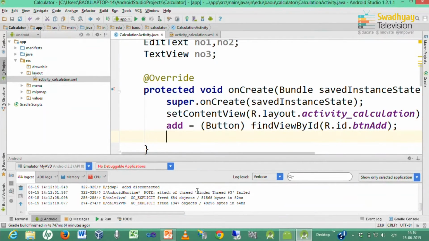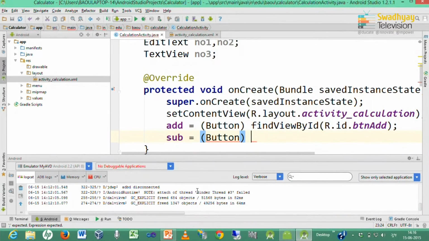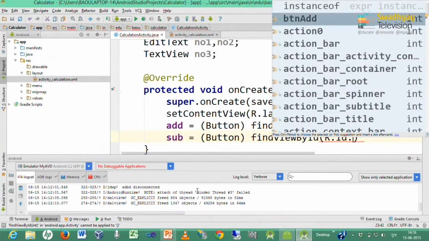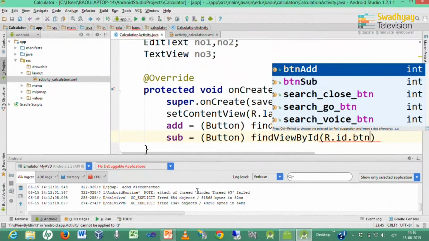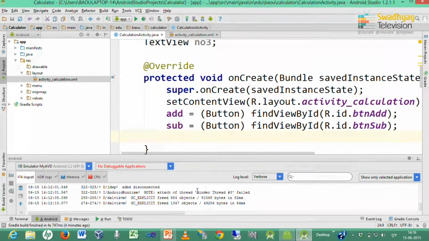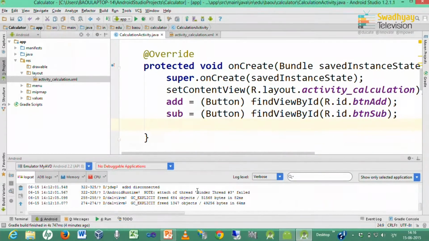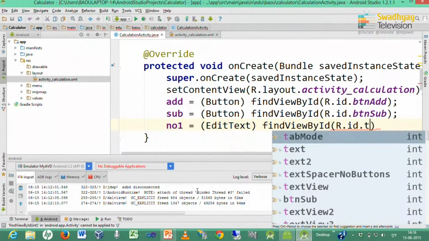Now, next we declare sub likewise. So, sub is a button that represents button sub in our interface. Likewise I declare 2 edit texts, the first name is NO1. So, NO1 is equal to edit text and it represents txt NO1.